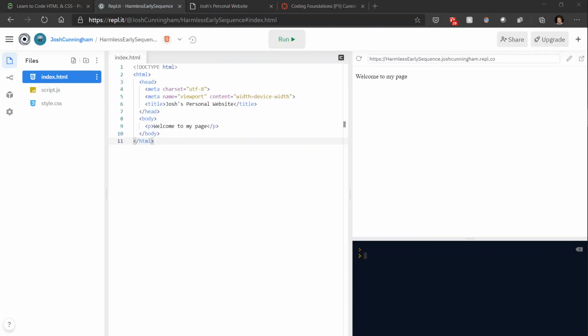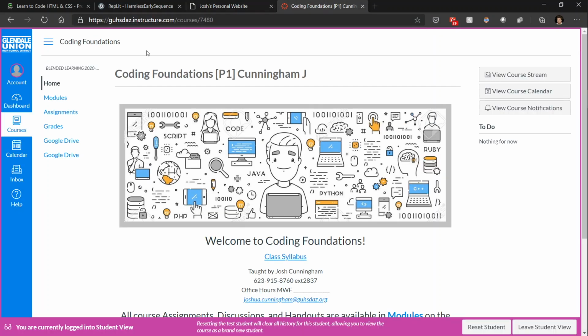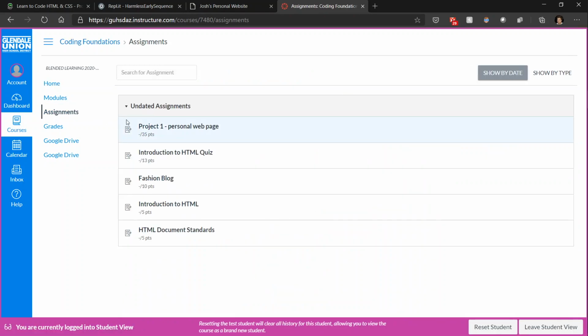So when you are ready to submit your final product, you're going to click that open in a new tab. You're going to go to your web page. You're going to take this address and copy it. And now you're going to go to Canvas, where we can turn stuff into the assignments page, and in the Project 1 assignment,